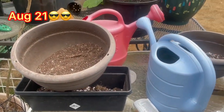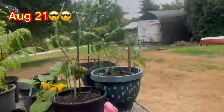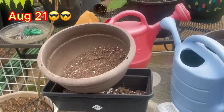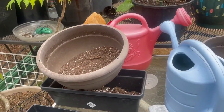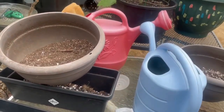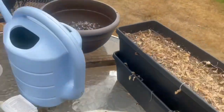Good morning. It is the 21st. It's Sunday. It's cool out, overcast, but don't let that fool you, because this is what it was yesterday, and by the afternoon it'll be frickin' roasting. But what I came out to show you was I'm doing some seed sowing lettuces today. I'll show you which ones in a minute, but what I wanted to show you was dried out old pots,